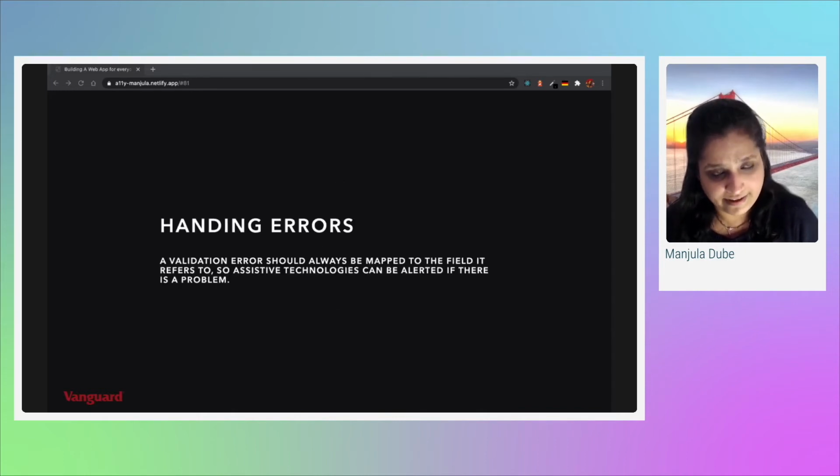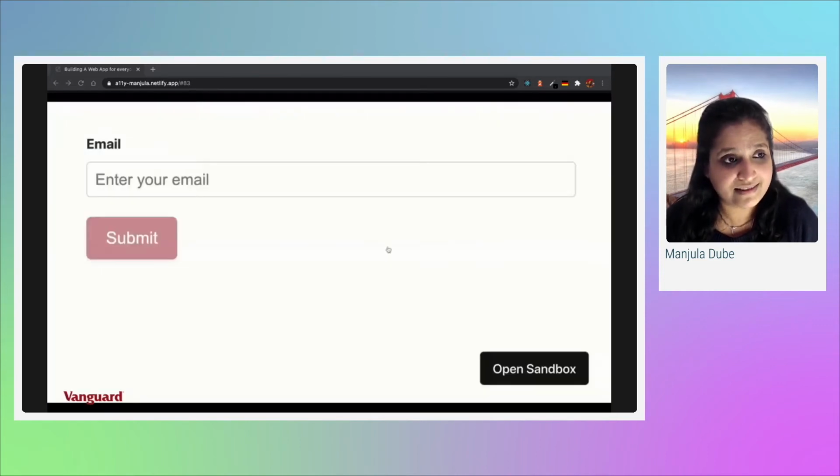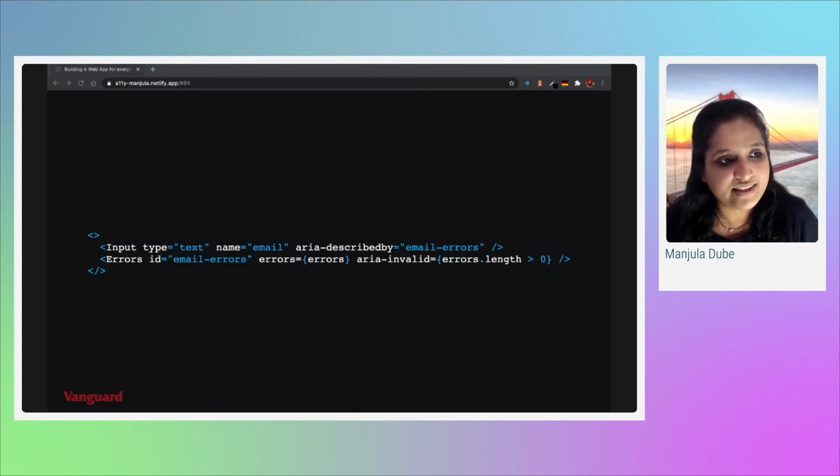So how would you handle errors? Let's quickly do that. Definitely provide information whenever a validation happens. It's very important that you provide this alert to the screen readers. So it turns out that aria-describedby is perfect for accessible error handling. Let's see how. Quickly, we see here we have an input component. We have aria-describedby with an ID of email-errors, and all our errors are rendered here. And we have aria-invalid, which pops up only when the error length is greater